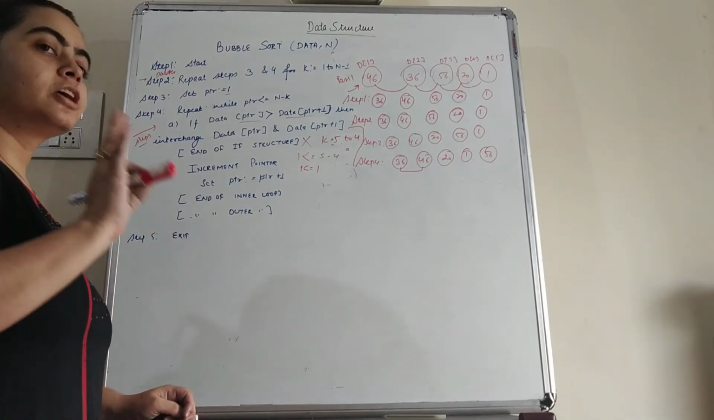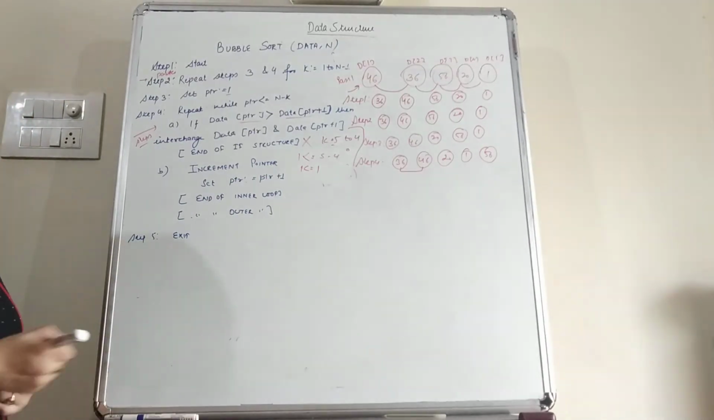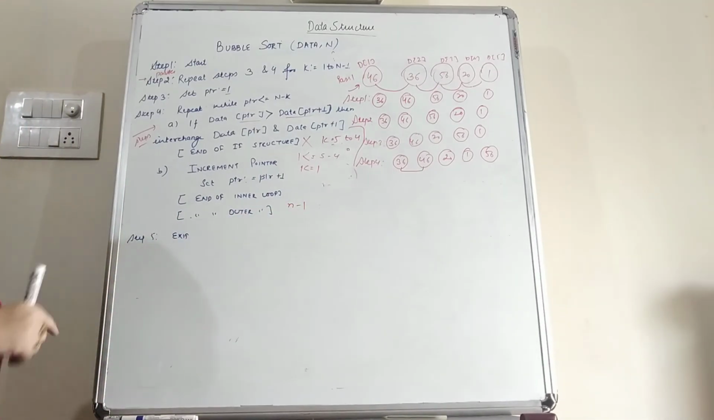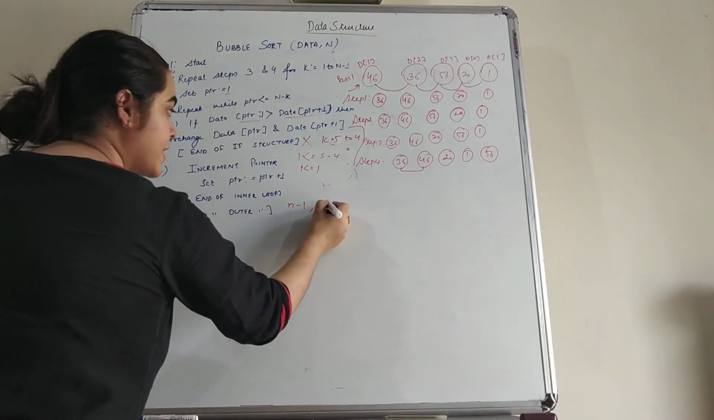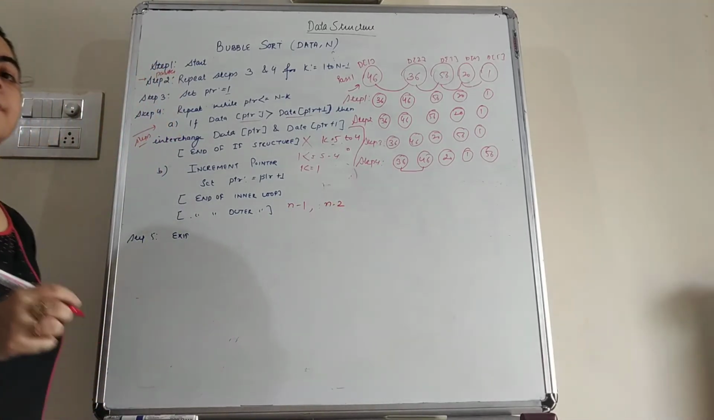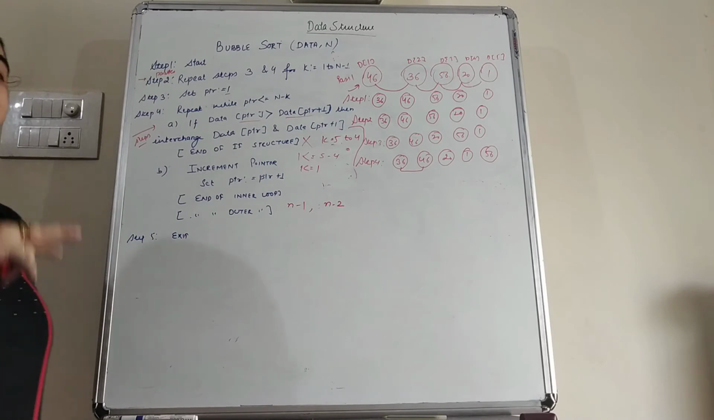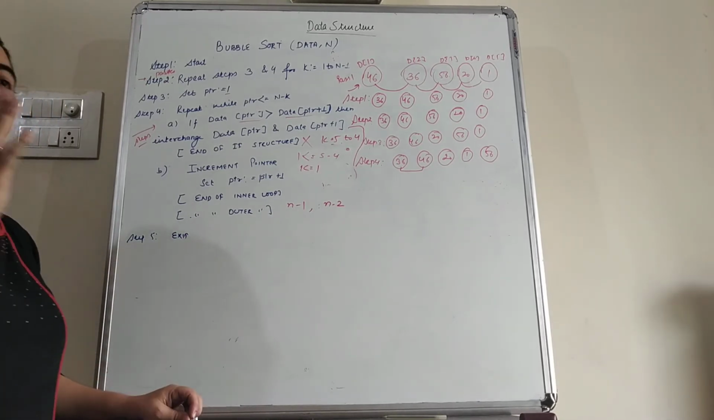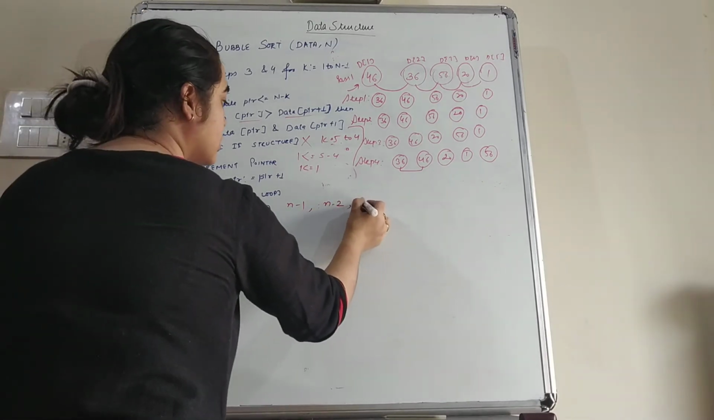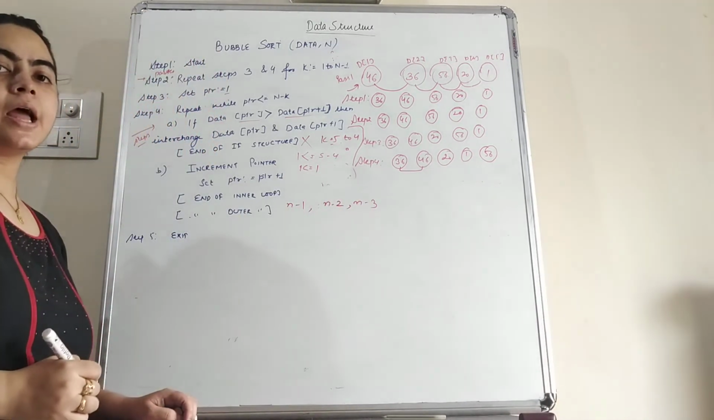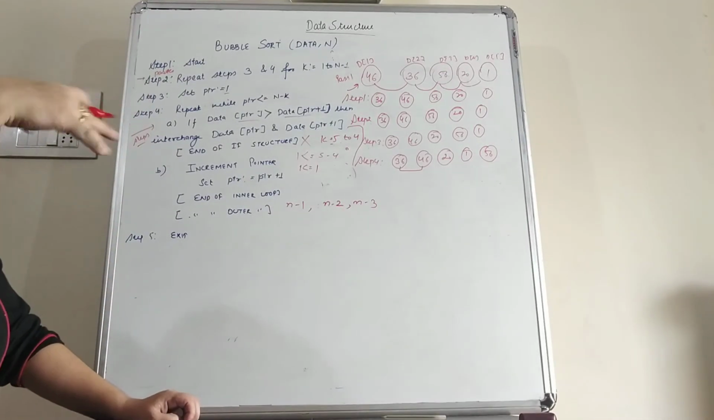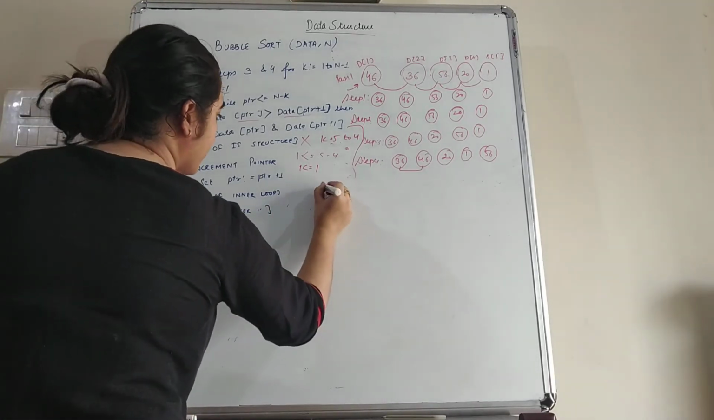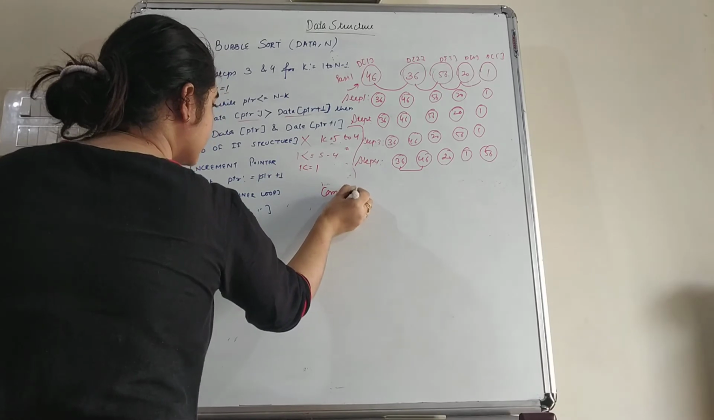So that means if the number of elements are n, then number of comparisons are n minus 1 in pass 1, and in pass 2 number of comparisons are n minus 2, because second largest and the first largest element will be at the last locations, and at the third pass comparisons are n minus 3. So this is how the comparisons are decreasing one by one. So how we can find the complexity? Complexity is written as